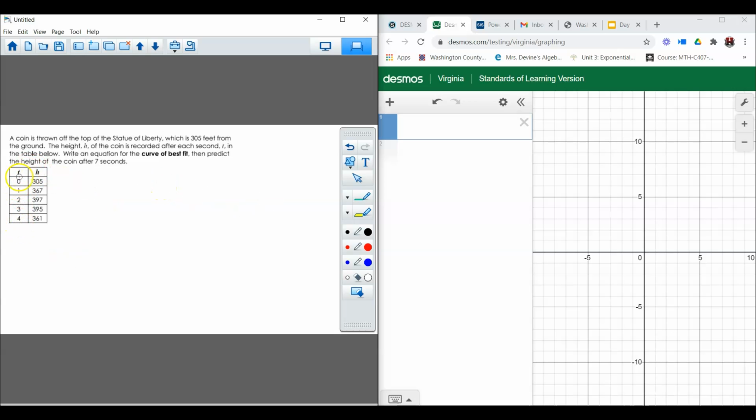So here are your times. At 0 seconds, the coin is 305 feet above the ground. At 1 second, it's 367 feet above the ground. At 2 seconds, 397 feet. At 3 seconds, 395 feet. And at 4 seconds, 361 feet. So we want to do a curve of best fit and then predict the height of the coin after 7 seconds have passed. So in our table, at 7 seconds, we want to figure out what number would be over here. All right, so our first goal is going to be